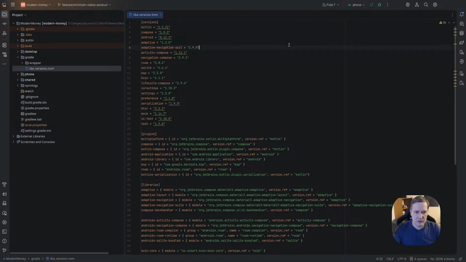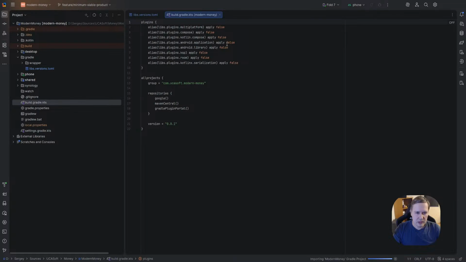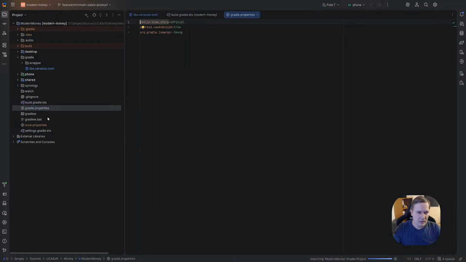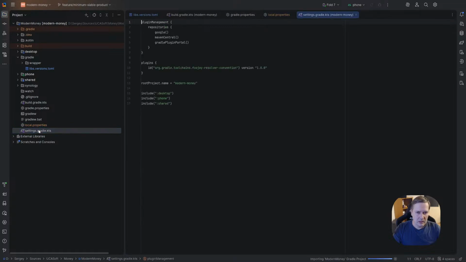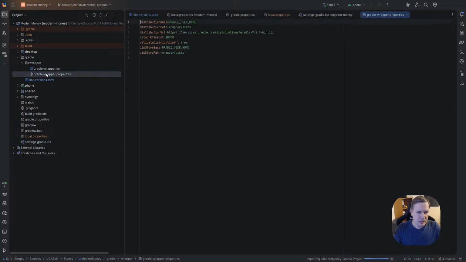So first of all, let's update our solution. We need to change Kotlin to 2.3.0. Let's build it. Do we have dependencies somewhere else? Hopefully not, but let's check it. Everything is okay here. Let's also check the version of this plugin. This can be updated. No, it's still 1.0.0. It's okay.